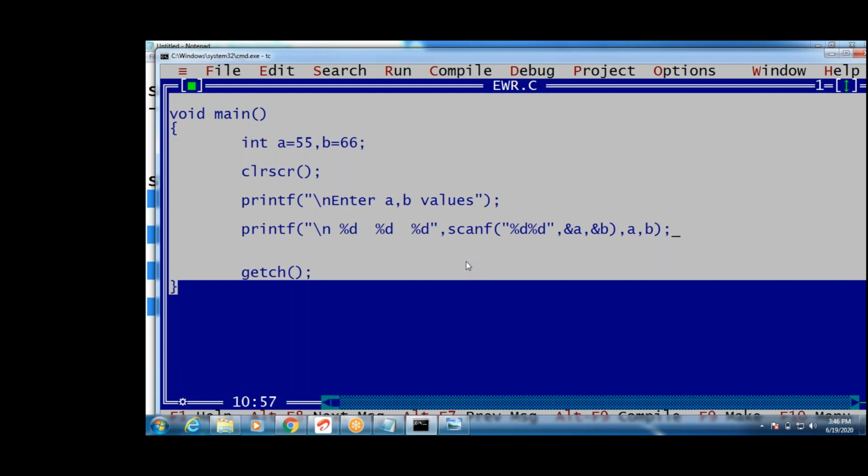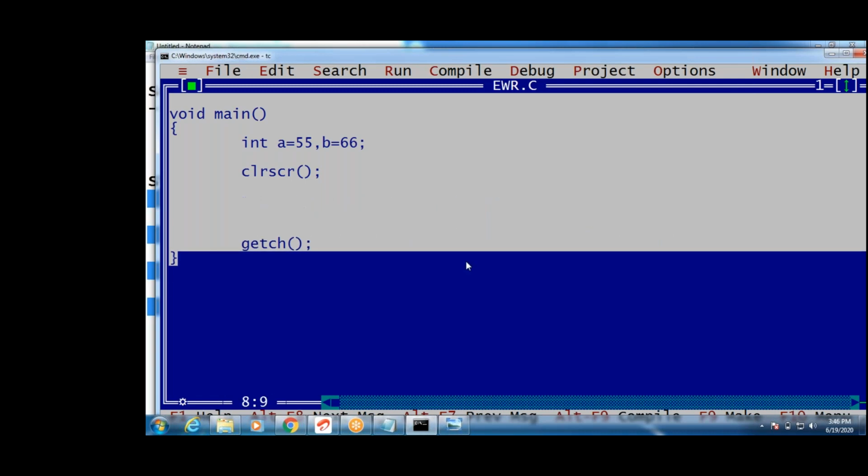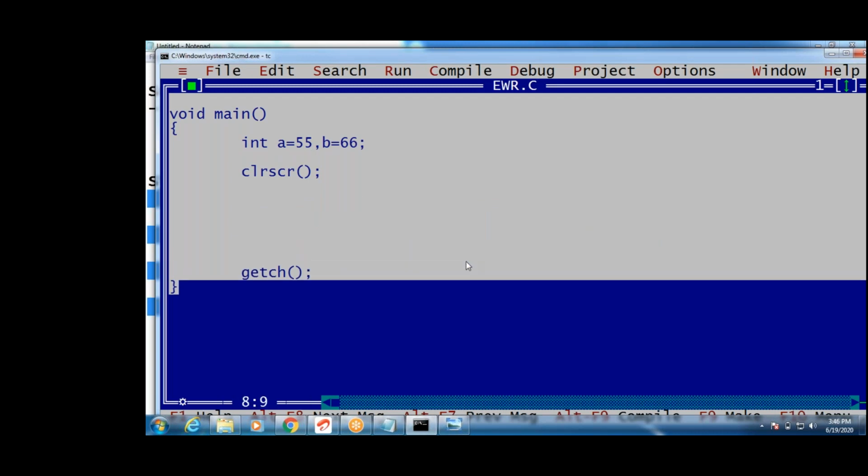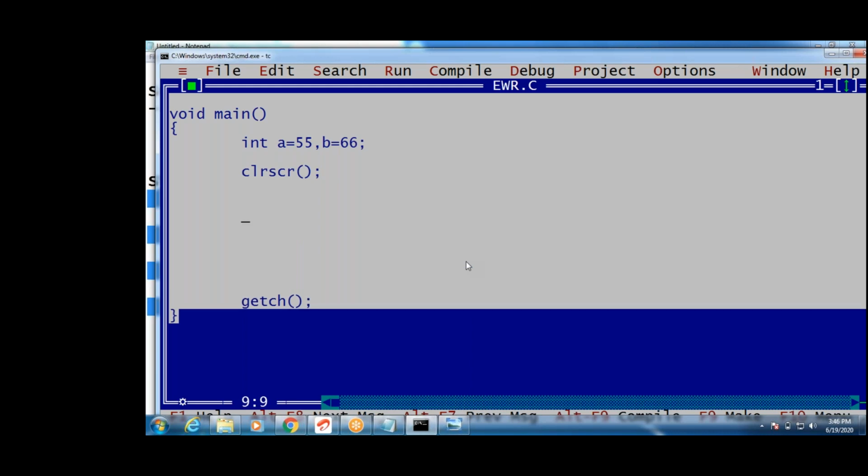One space between A and B. Now tell me, guys. Printf is in the printf this. Tell me the output for this. Write this and tell me the output.